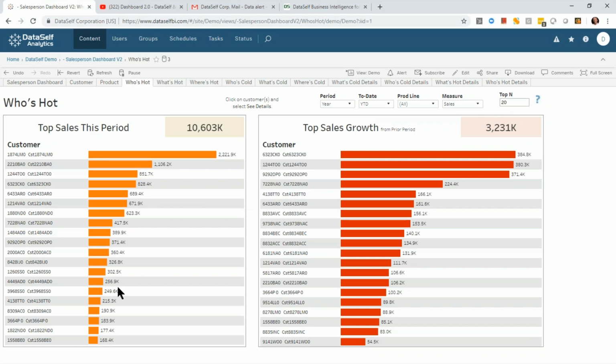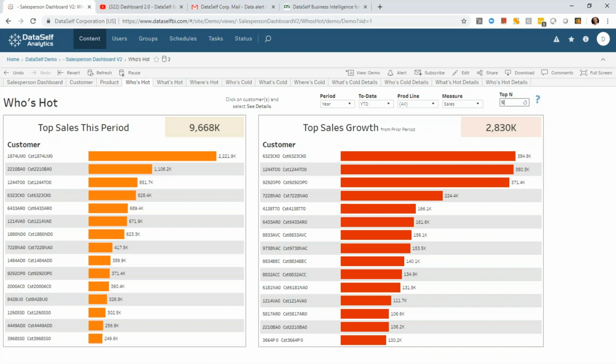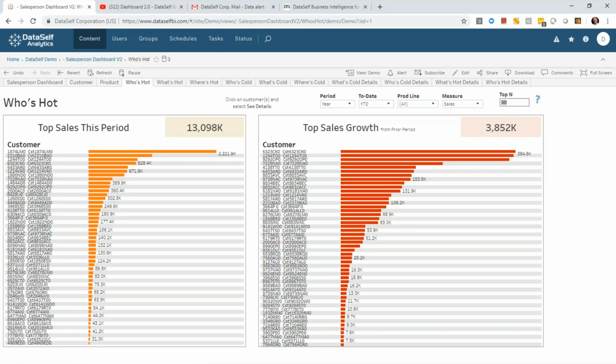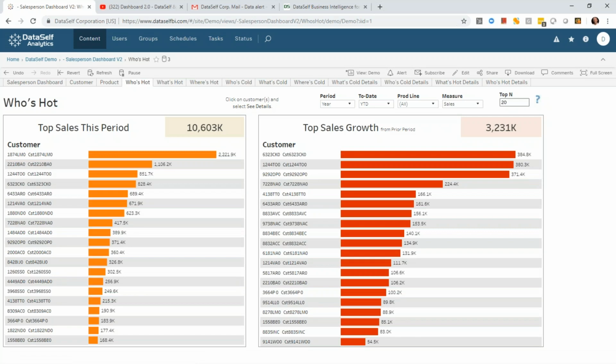Now, what is this period? Well, right now it's looking on a year-to-date basis, but I could quickly change to quarter to date, month to date, or moving windows like the last 30, 60, and 90 days. So I could easily change the period. Maybe I only want to see the top 15. I just change it to the top 15. Or maybe I want to see the top 50, whatever the number is, when you put it here, you can see all that information right in front of your eyes.